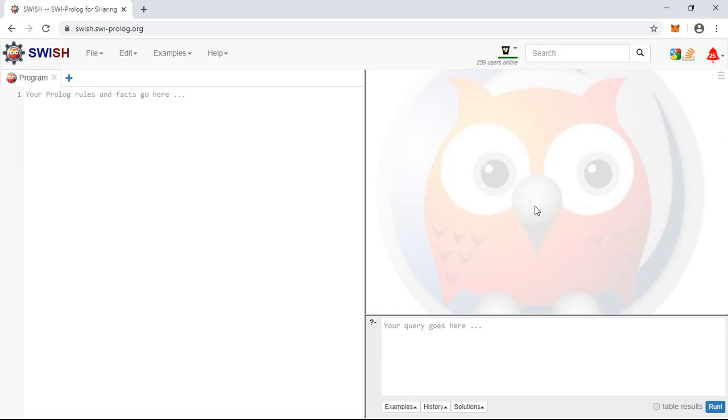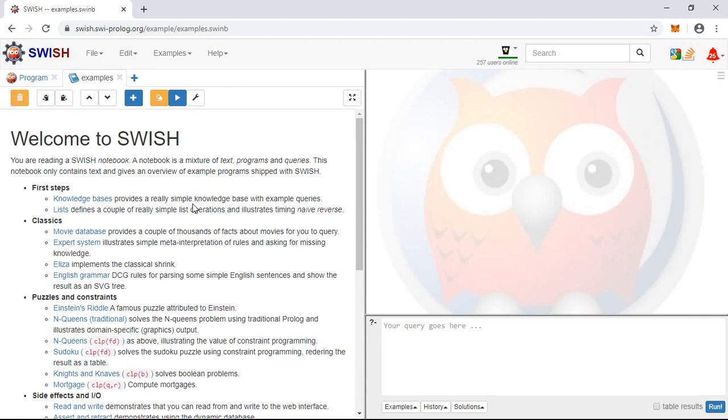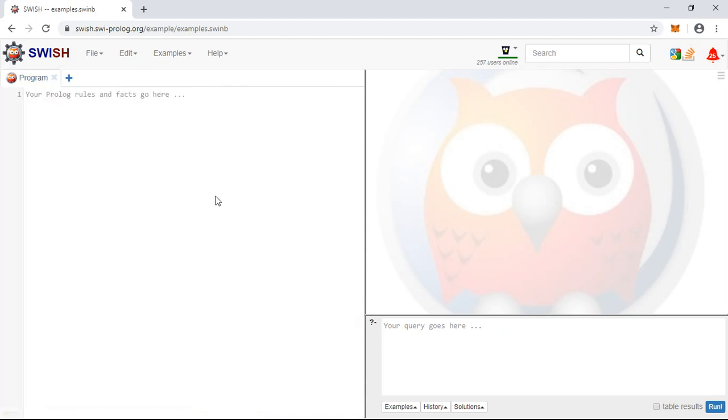This online compiler has features such as a tutorial, a Prolog tutorial and SWI SH tutorials, of which you only need the Prolog tutorial. You have to go through the Prolog tutorial, and at the same time you have various examples in the Prolog language. If you click on examples, you can find many examples. So it is very easy to learn new topics or a new way of programming just by following the examples.